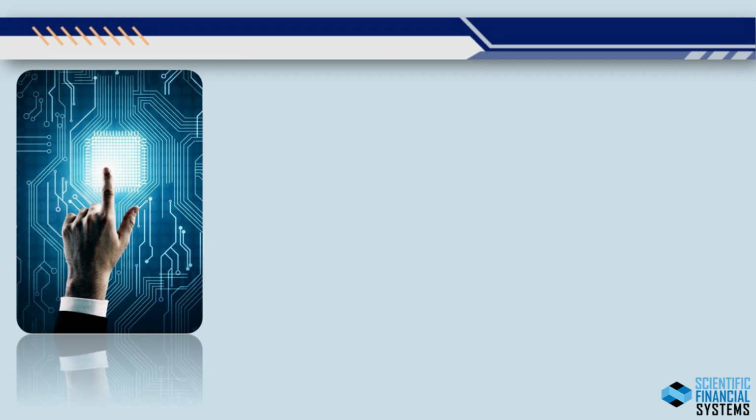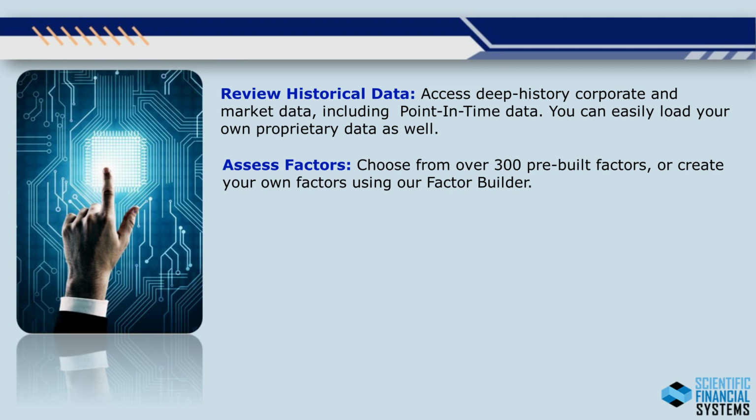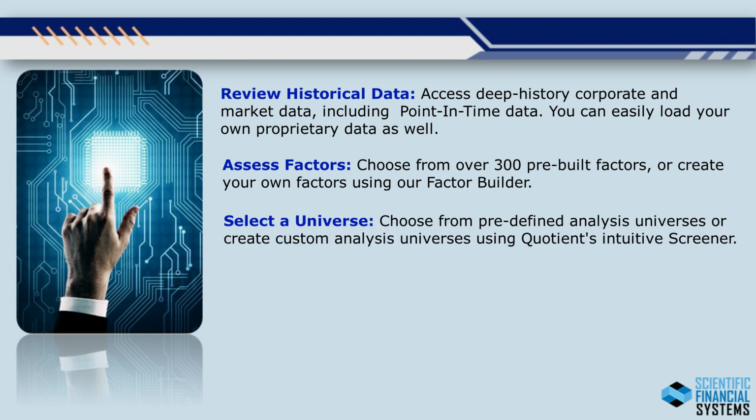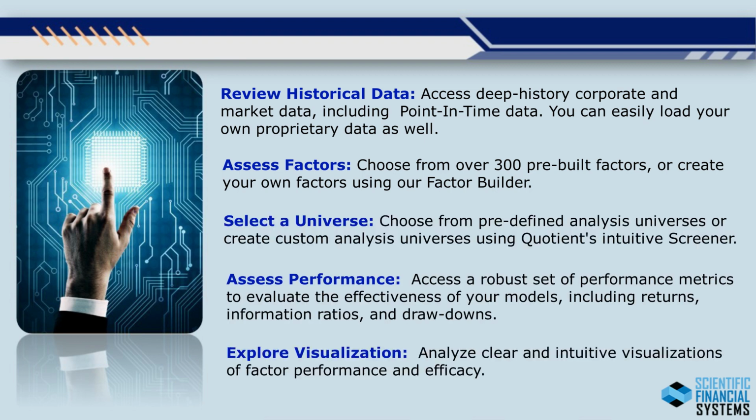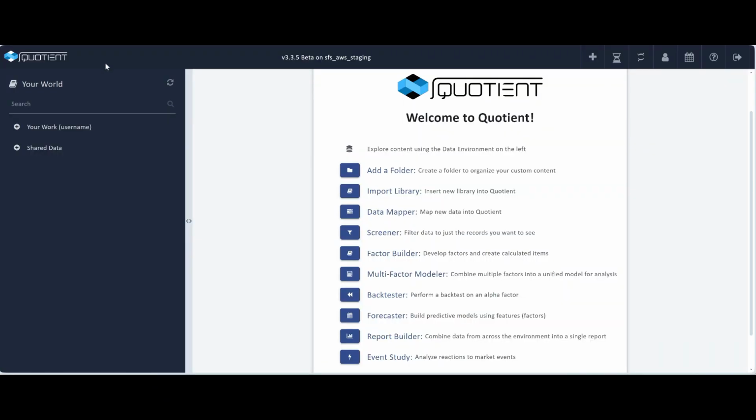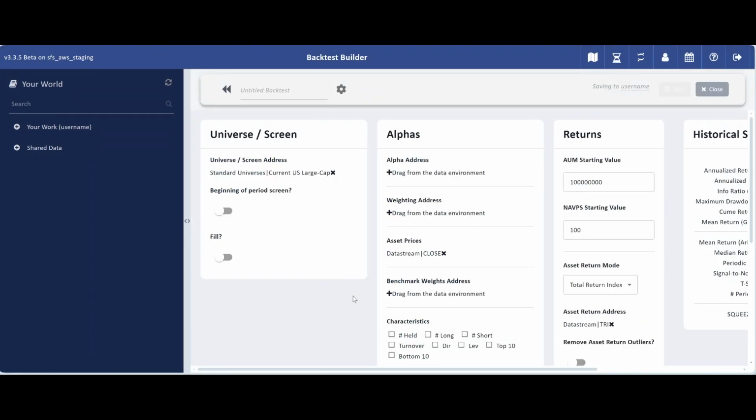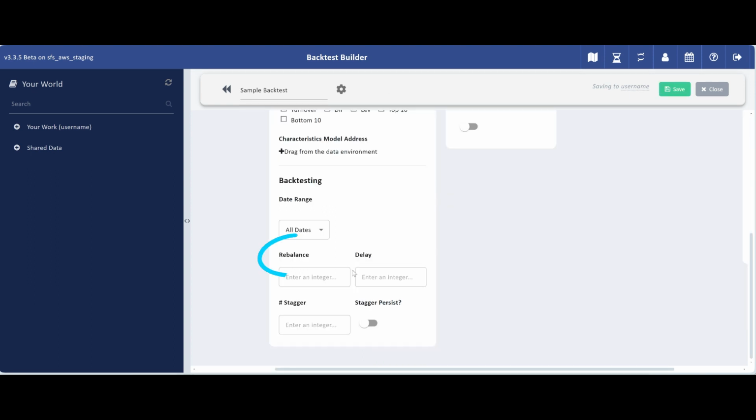With Quotient's Backtester module, users can review historical data, assess factors, select universes, assess performance, and explore visualization. In a backtest, we seek to evaluate the predictive performance of a simulated trading strategy composed from the historical information of your alpha model. Quotient's Backtester provides powerful features including variable rebalancing frequencies, alpha signal delays, signal staggering, and seasonal